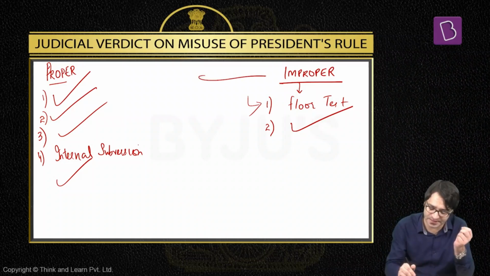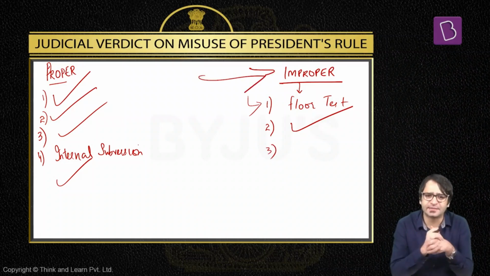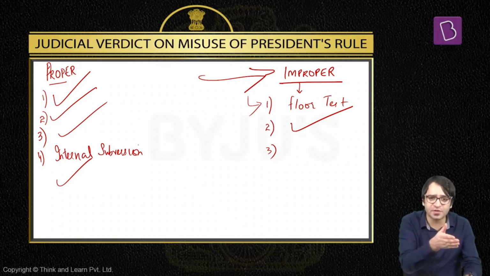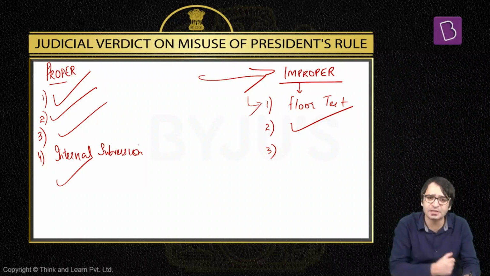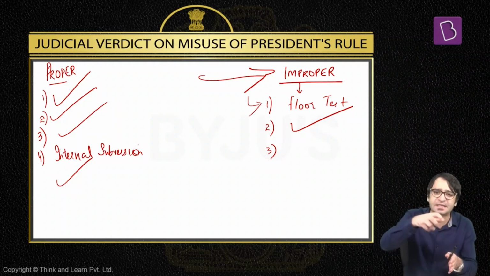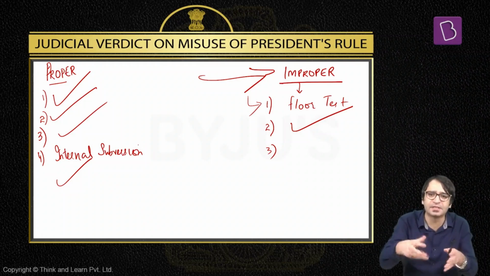Third, the Supreme Court was in one way referring to what happened in 1977 and 1980. In 1977, the Janata Party came to power. The Janata Party saw that there are 9 state governments ruled by Congress, but the Congress Party was defeated in the elections. That means the Congress Party does not enjoy support in the eyes of the people. So dismiss these 9 Congress ruled state governments. That is improper. Just because a political party lost a general election, that doesn't mean that if this political party is governing various states, these state governments are to be dismissed. Improper use of President's rule.